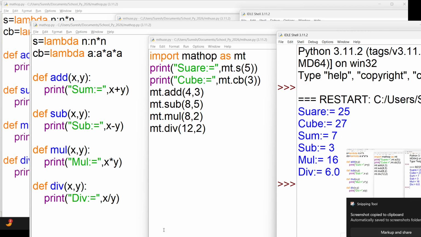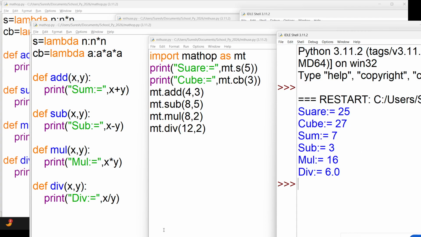Now you can practice: create your own user-defined modules and use them in other files.